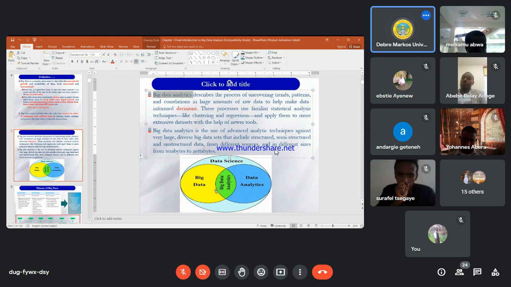Big data analysis is the use of advanced analytic technology against very large, diverse big data sets that include structured, semi-structured, unstructured, or any different source of data from various sources. That is called big data analysis.